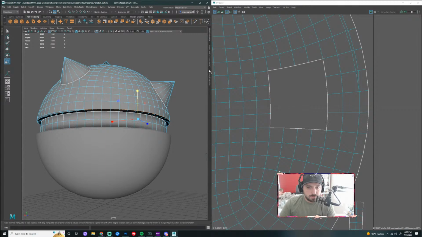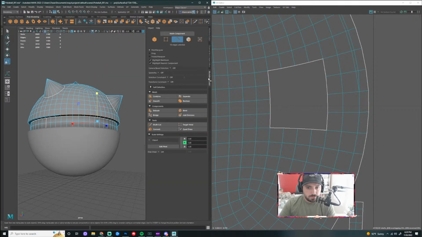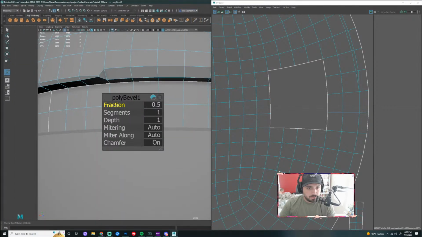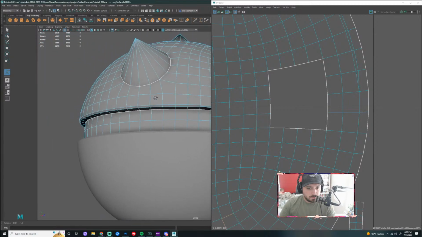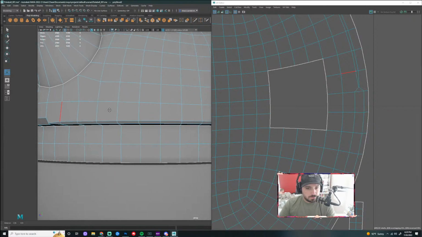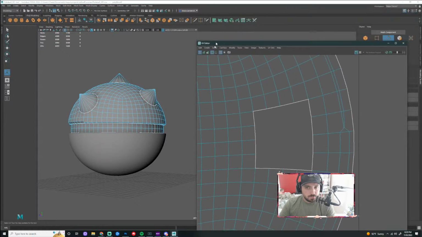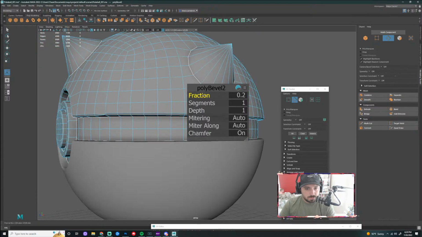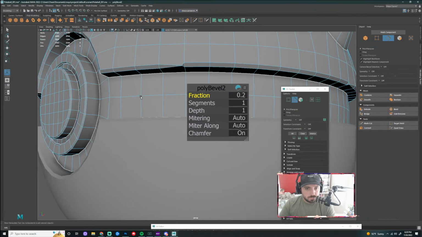Wonder if I just throw the bevel on here. And then I can fix the... I can just put the bevel there and then fix it, but interesting.